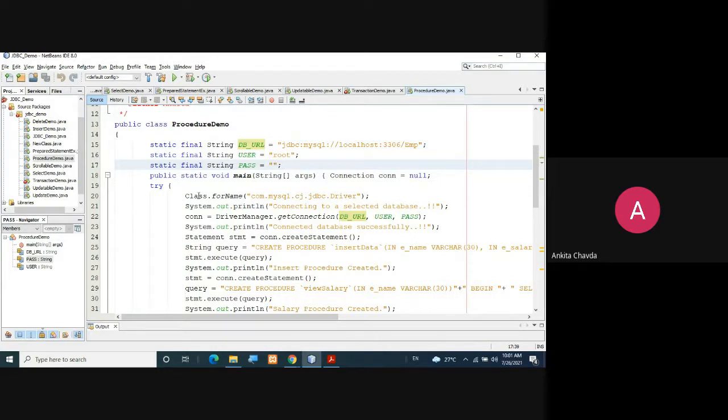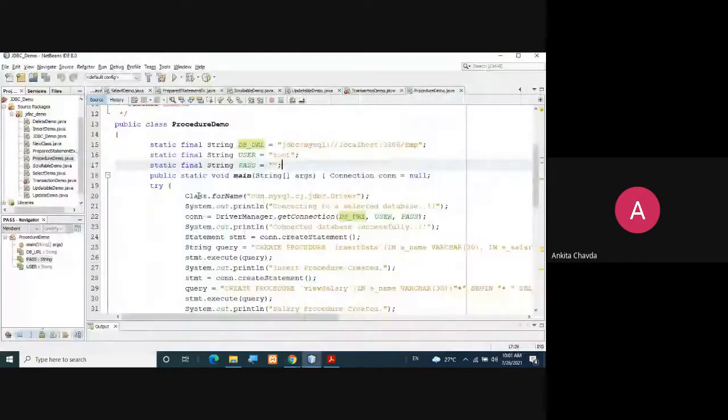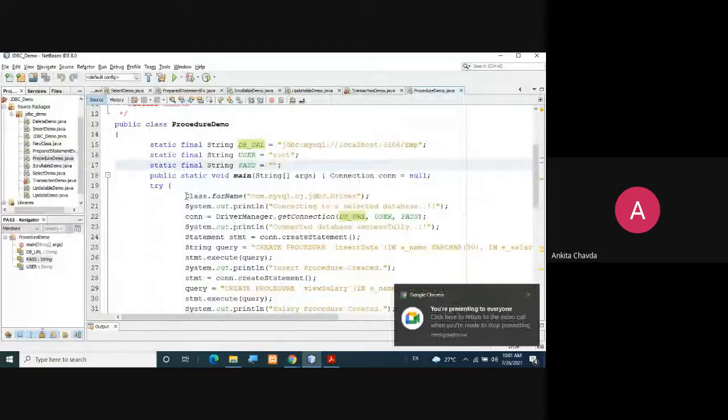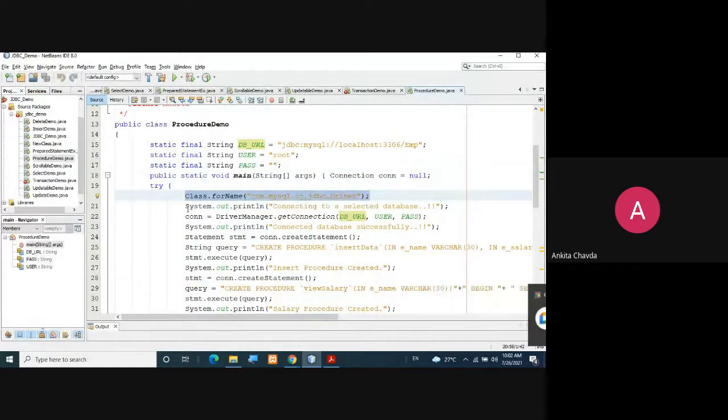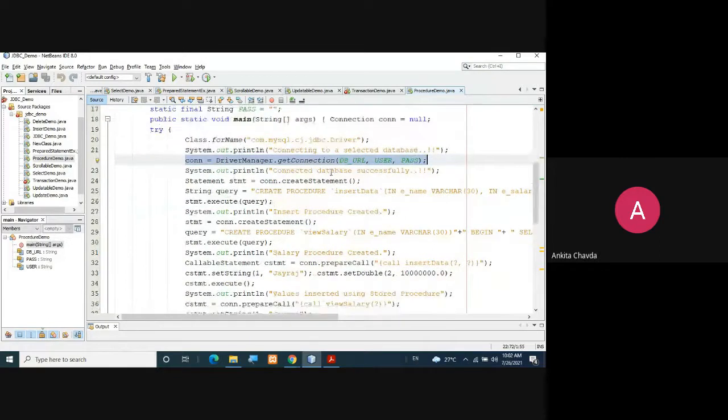Inside this try, I'm first registering my drivers, then I'm establishing the connection with DriverManager.getConnection, dbURL, username and password. The connection has been successfully done. Then I'm writing here Statement stmt equals connection.createStatement.